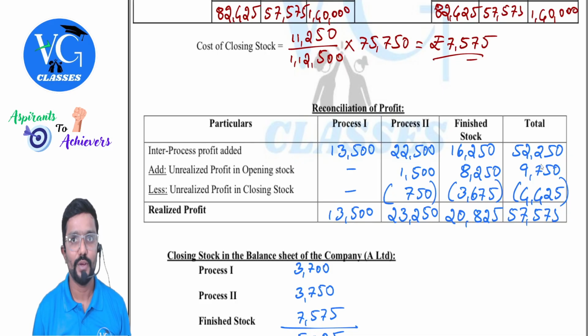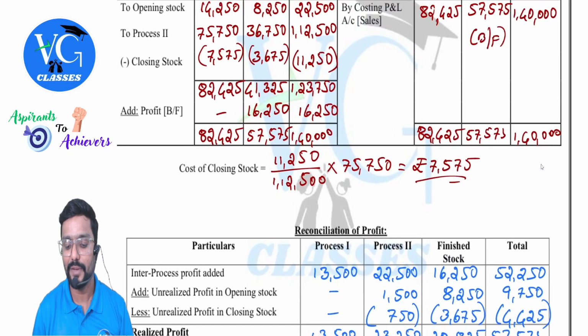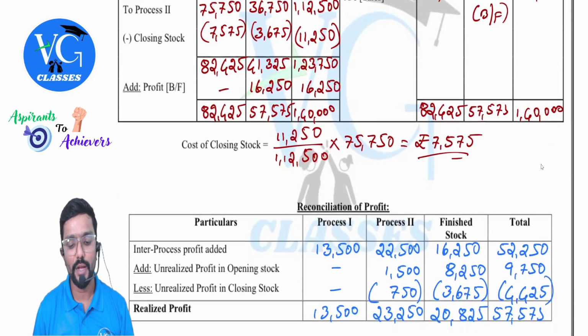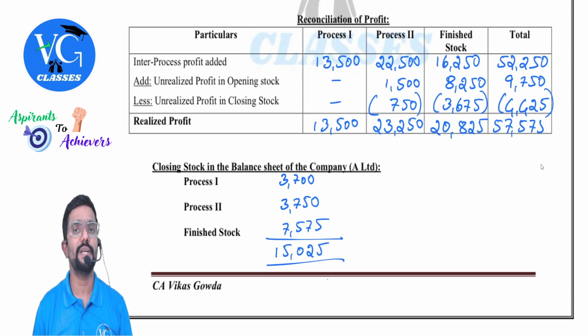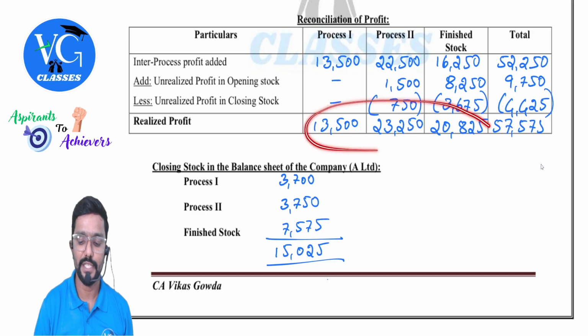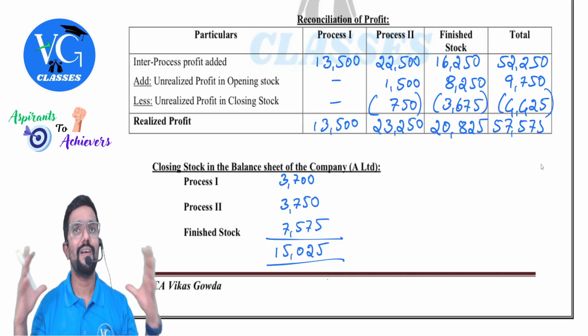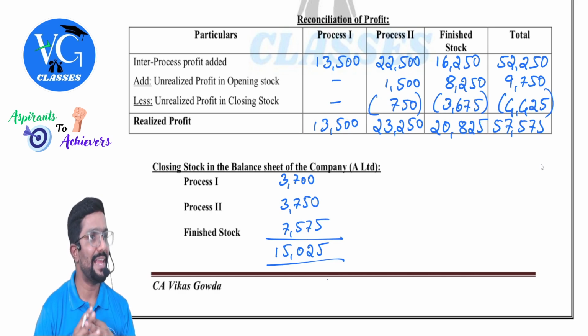Each process. Got it. So this is the total profit made by the company. You can see here, total profit. If I ask you the breakup, how much is contributed by each process, we will get it here. If they ask you to show the value of closing stock appearing in the balance sheet,